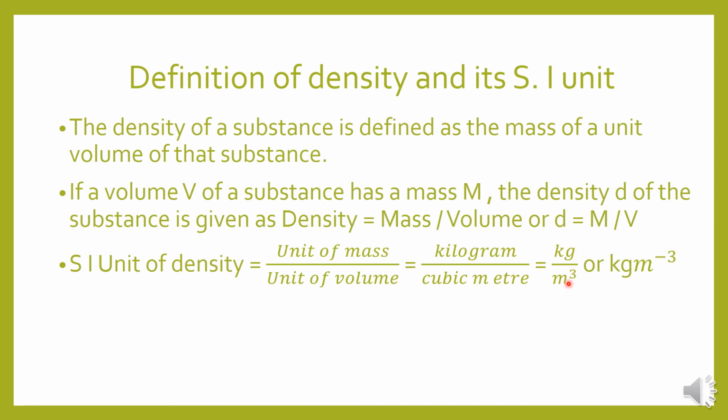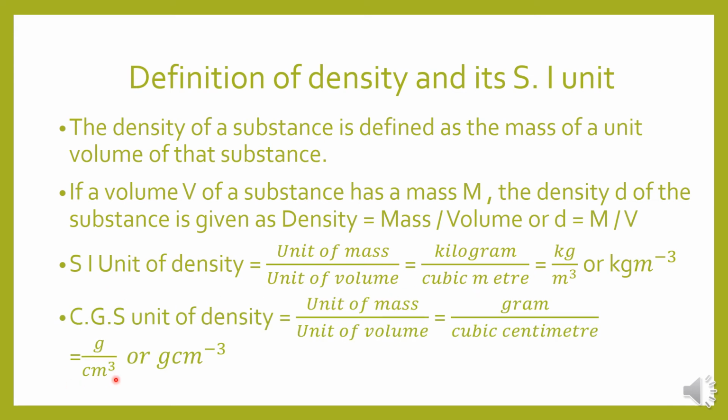Here I have not written minus. When there is no upon symbol, no division symbol, then I write kg m minus 3. Children, either you write in this form, then there is no need of minus, or if you are writing in the other form, then there should not be any upon symbol. Either you write this one or this one. This is the SI unit of density.